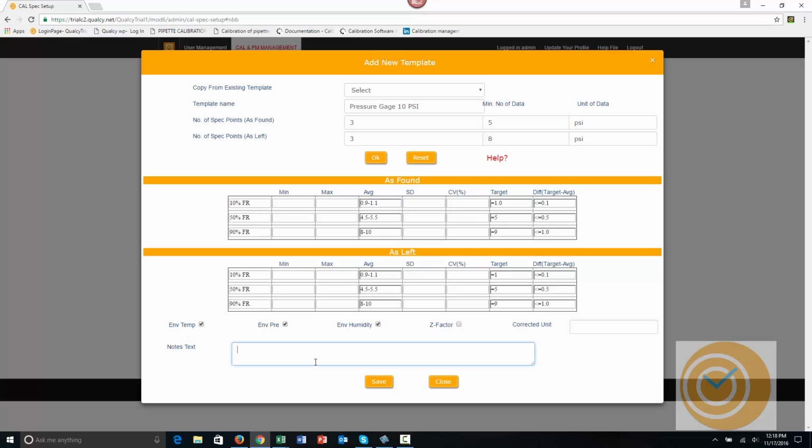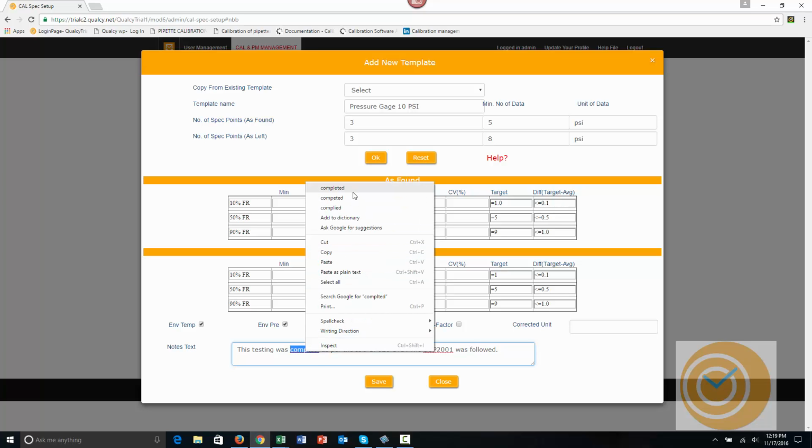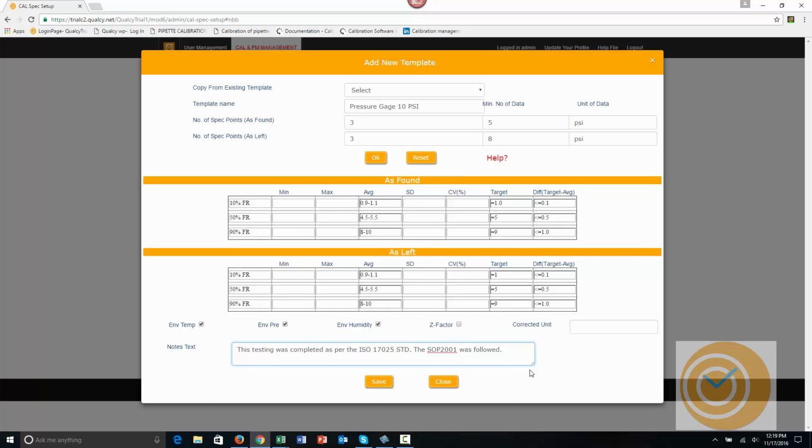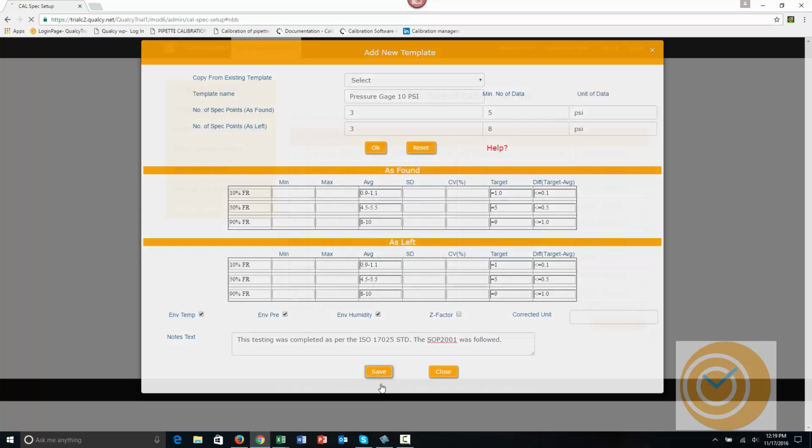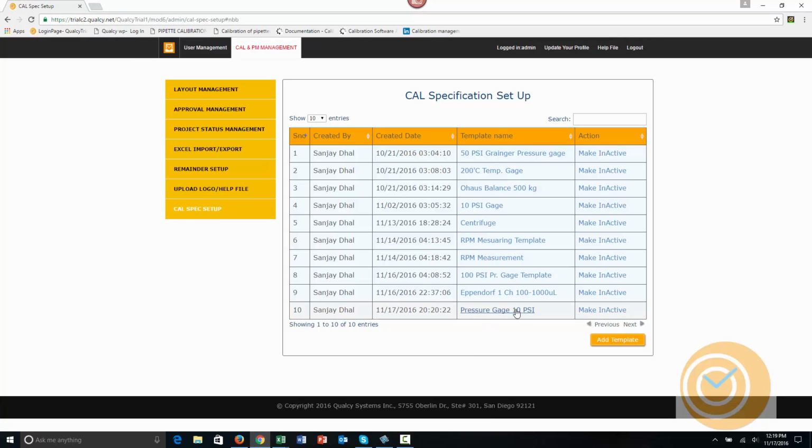And here I can add notes that you want to appear in the certificates, and also you can add additional comments that you would need to appear on the certificates. So I'm going to save this one, and as you can see, I just created this template, and now I'm going to show you how to